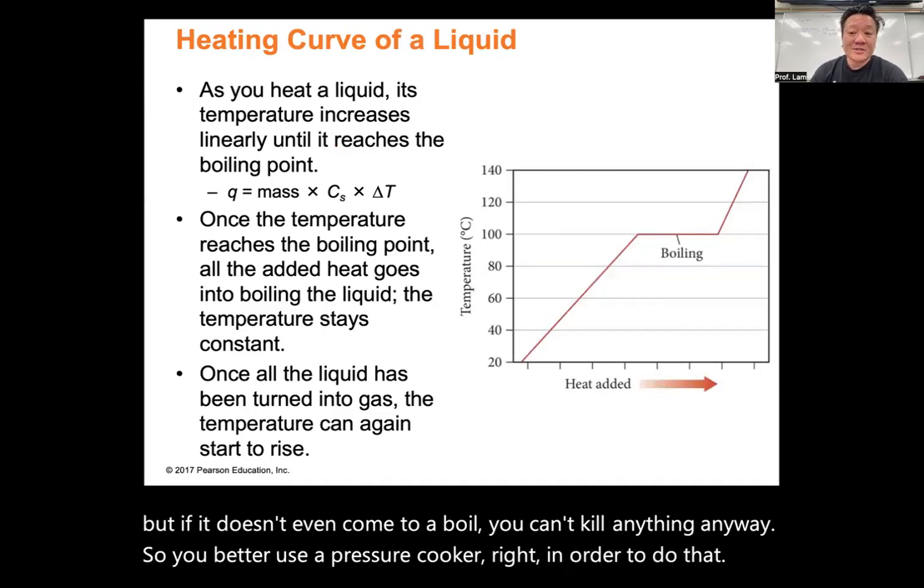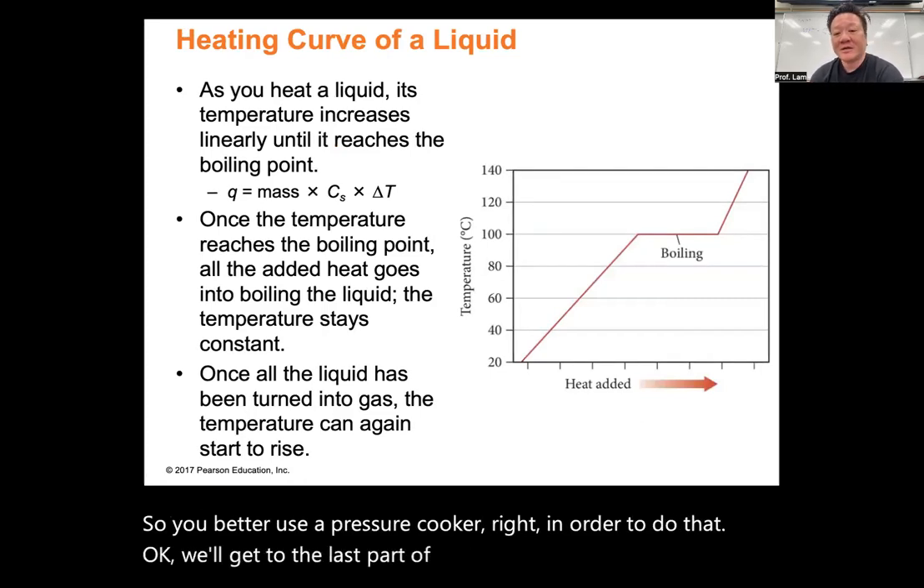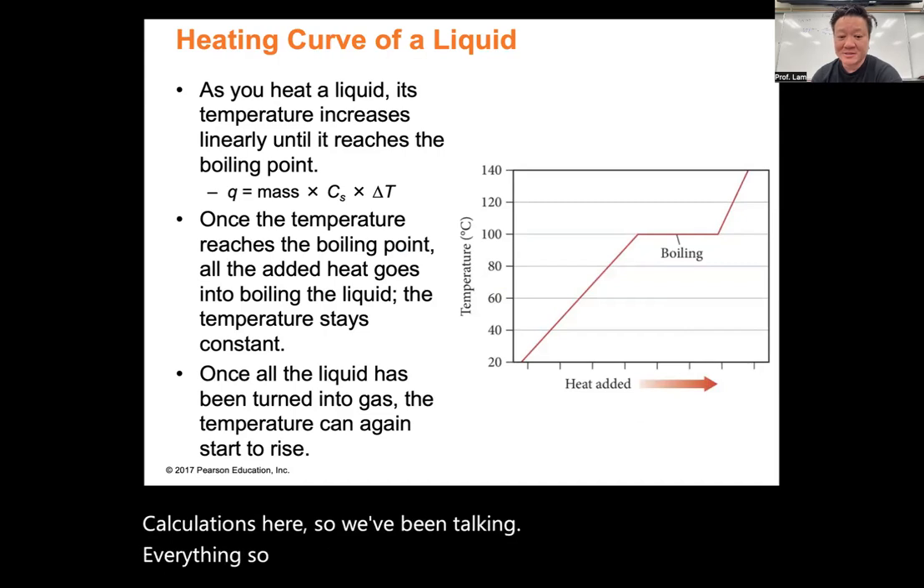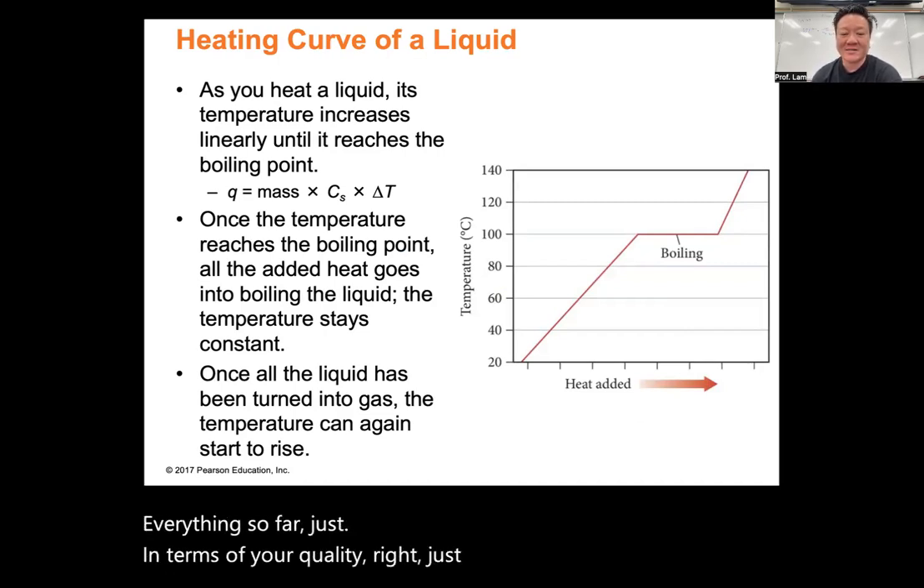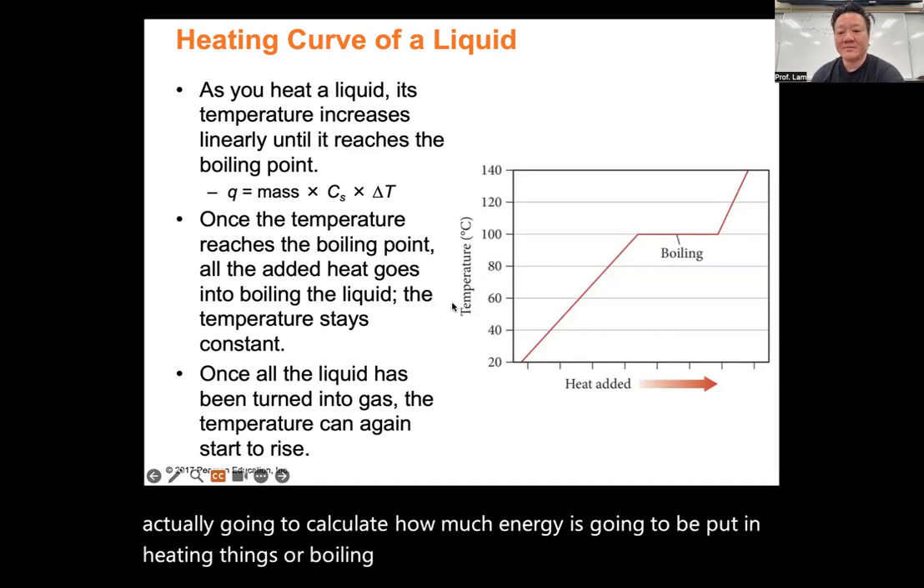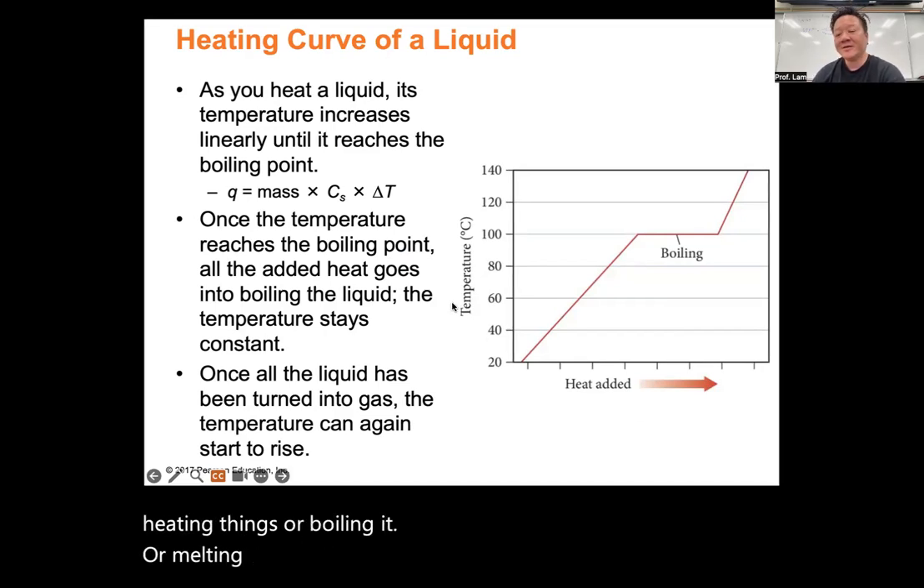Okay, we'll get to the last part of this chapter. We're going to do some calculations here. So everything so far we've been talking about just in terms of quality, right? Just qualitative analysis. Now we're actually going to calculate how much energy is going to be put into heating things, boiling it, or melting it. Okay. So first you have to learn about heating curves. So the heating curve of a liquid